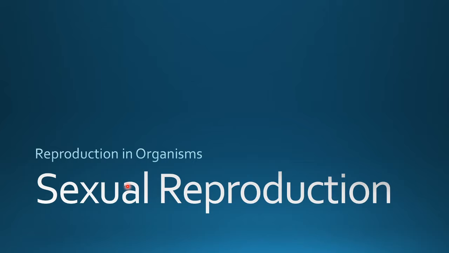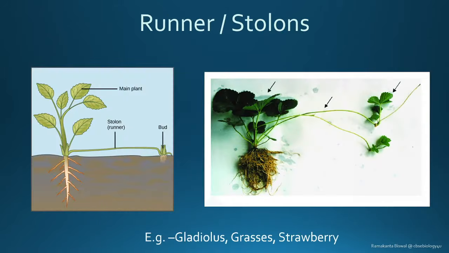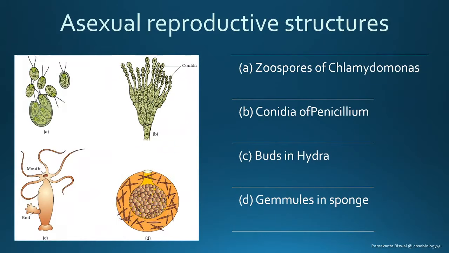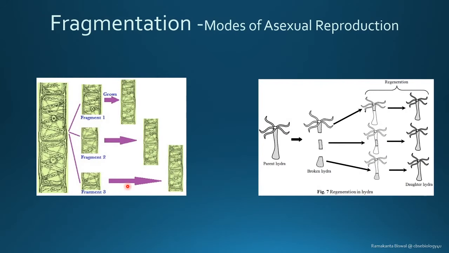Next one, somebody is asking, what is the difference between fragmentation and budding? Okay, fragmentation is completely different. In fragmentation, the organism grows and breaks itself into a number of fragments, and then only it is going to... as you can see here, I'll just go back for the sake of this particular question. I can see here the entire organism, the mature organism, makes itself into a number of fragments. Then each of the fragments grows into the mature organism.